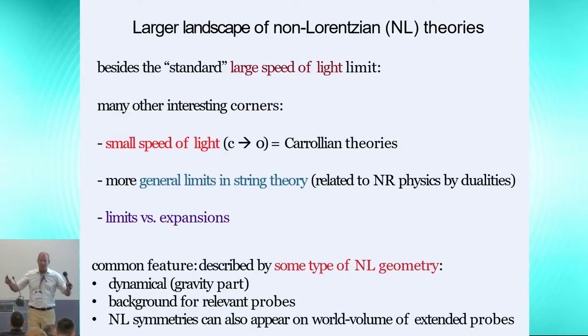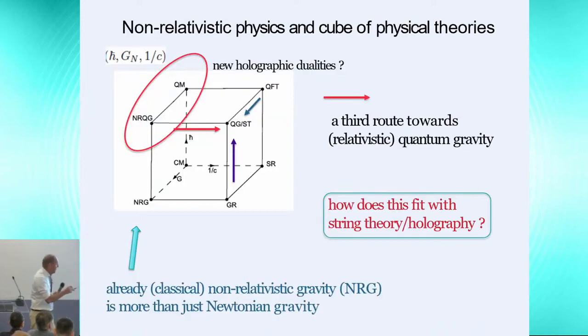But then, so this is sort of motivation one, very much related to this non-relativistic side of the cube of physical theories. And if you zoom out a little bit more, there is actually a much larger landscape of non-relativistic theories. For one thing, you could wonder here, there's the speed of light to infinity, so 1/c to 0, going to this corner. But what about strong coupling limits, so the speed of light to 0 here, or h bar to infinity, etc. But in particular here, you see